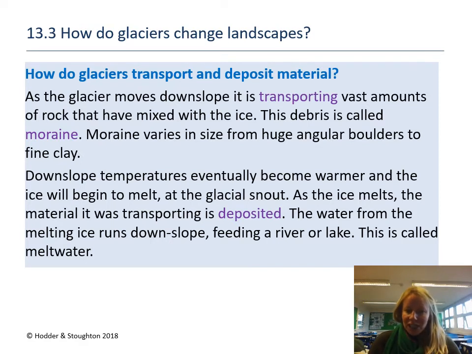Downslope, temperatures eventually become warmer and the ice will begin to melt at the glacial snout. As the ice melts, the material it was transporting is deposited. The water from the melting ice runs downslope, feeding into a river or a lake, and this is known as melt water. Now, what's really exciting about moraine is that these glaciers are sometimes so powerful